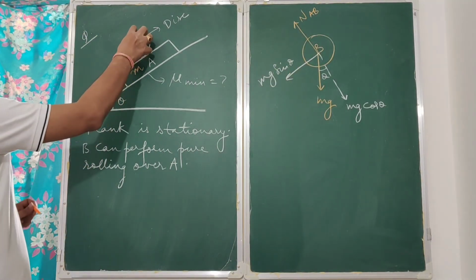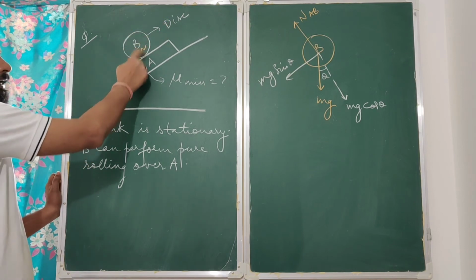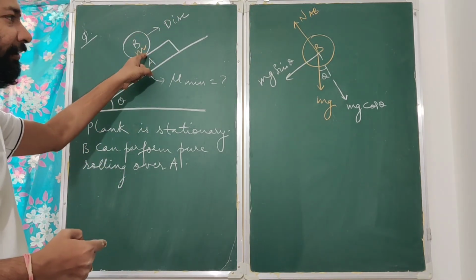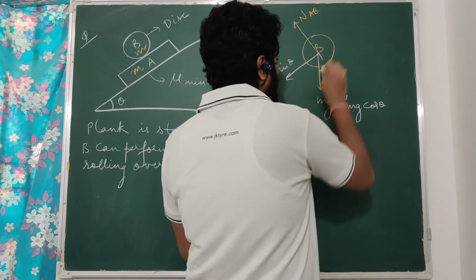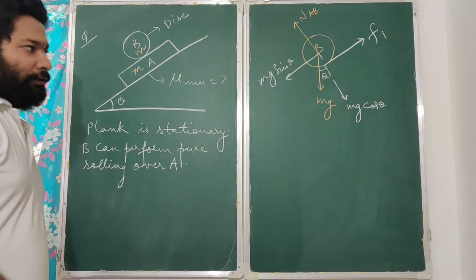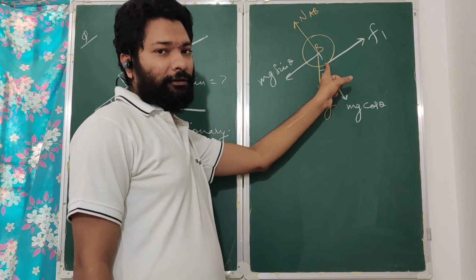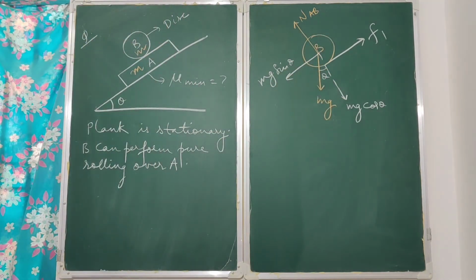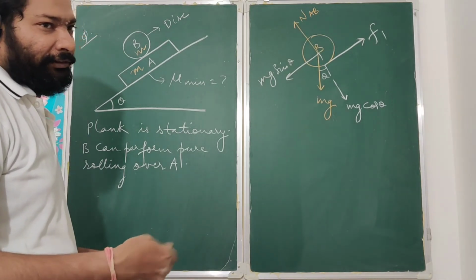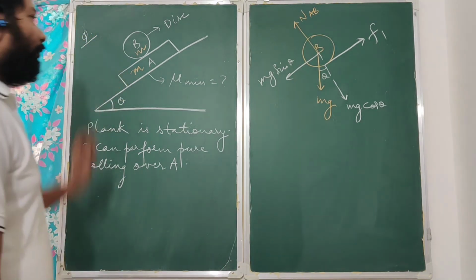The tendency of this disc is to slide down, so the frictional force which will be exerted by A on B will be towards the right hand side. And what is the nature of that friction? Static friction. So we won't put the exact value, we'll just say that it is some static friction F1. Don't rush to put it as mu into N of AB. Why? Because here it is pure rolling, so this is static friction. The value is not fixed. Not fixed means it is self-adjusting and it can have any value, static friction, from 0 to F max.